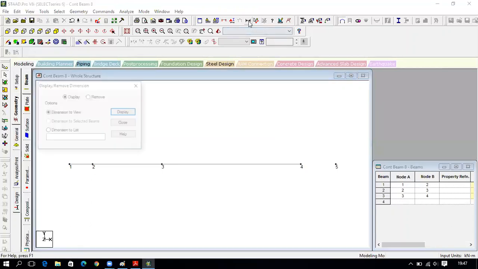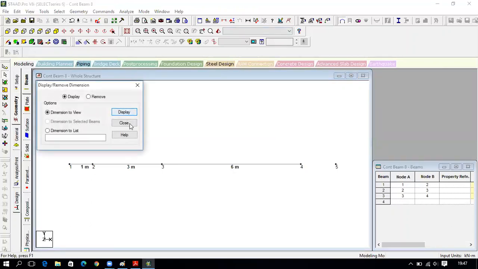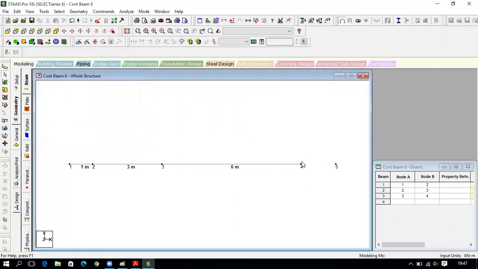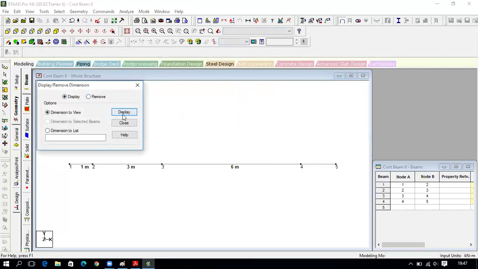So if you want to see the dimension, click on dimension. It is not showing for this one. So first we have to create a line for this one. So you click on add beams here, click on fourth node, and click on fifth node. Now the beam has been created. Next click on dimension, display. Now see the dimension. This is 1, 3, 6, and 1.5 meter.